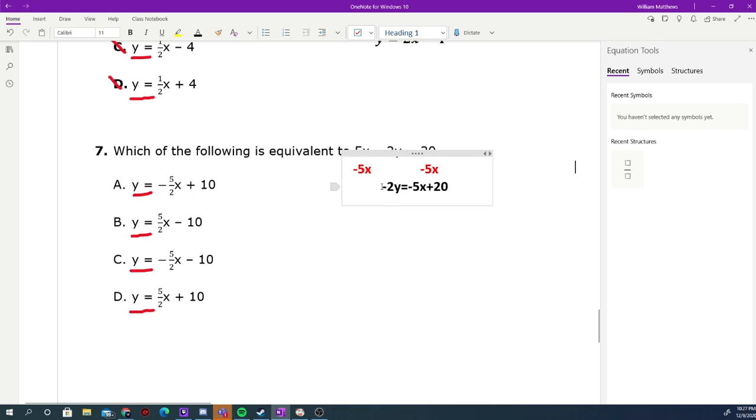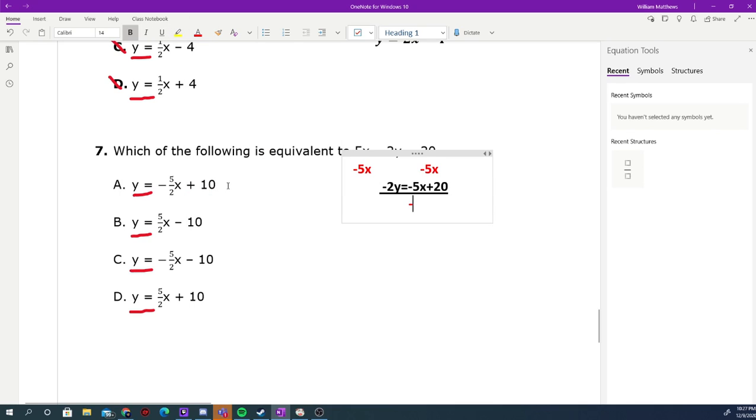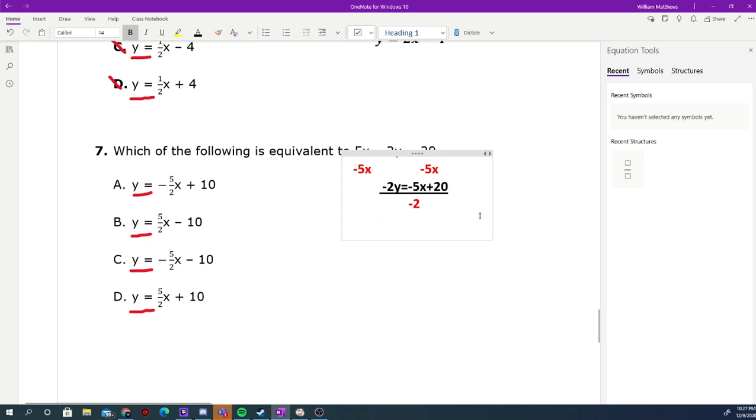Now this time, when I divide by the negative 2, the coefficient, you will get y equals